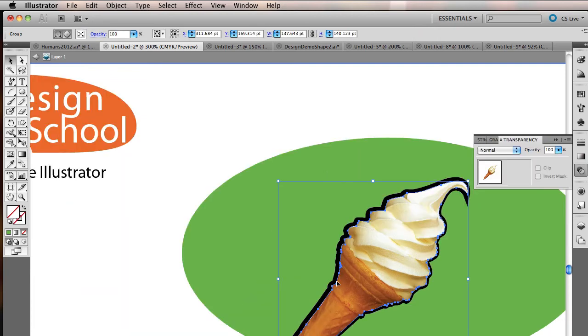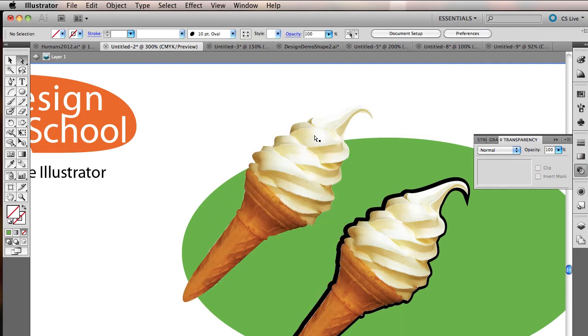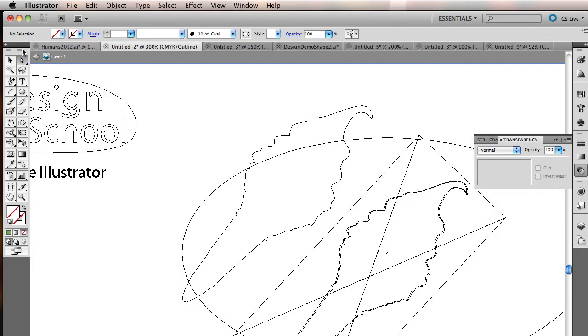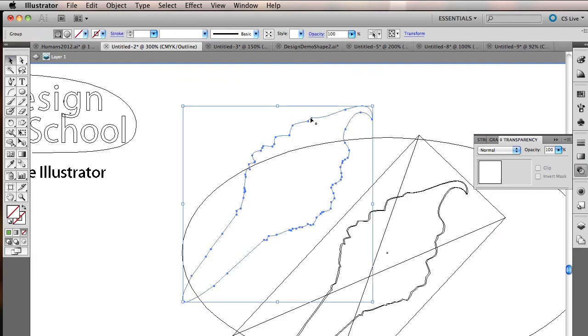Now I'm going to select, copy, and paste. Use the direct select tool, selecting just the image, and hit the delete key. You can see that I have an extra mask here. So I'm going to grab it